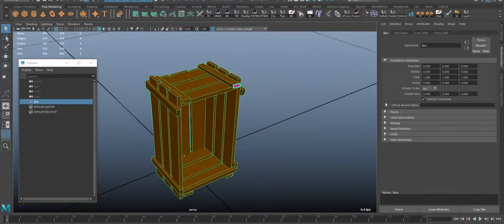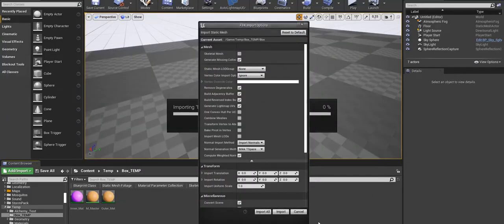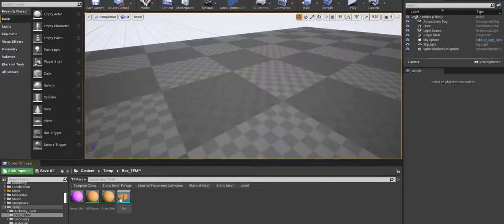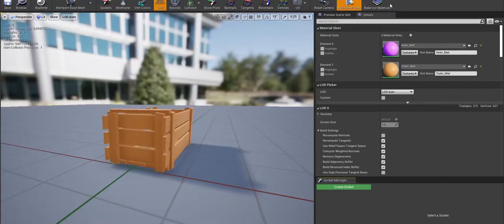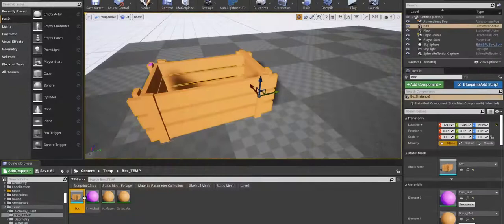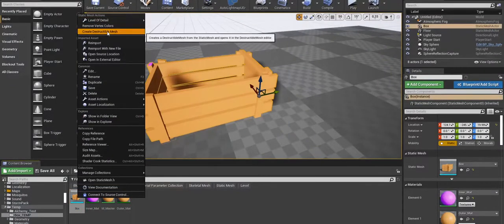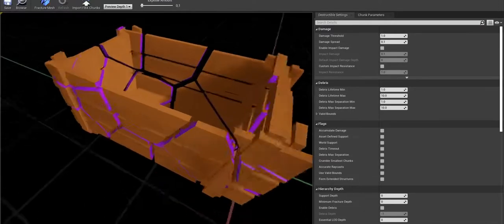go to Unreal, import this box, and let's check what we have. So as you can see, my inner material is first, this is element 0, and my outer material is the second. And now if I destroy this structure, voila,